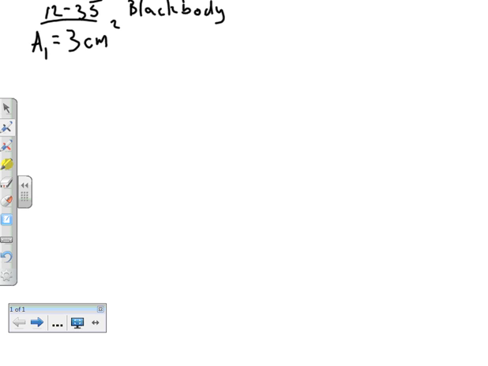Okay, this is going to be the video to solve homework problem number 12-35. And this problem says a small surface of area A1, which equals 3 centimeters squared, emits radiation as a black body. So I'll jot down that we have a black body with a total emissive power